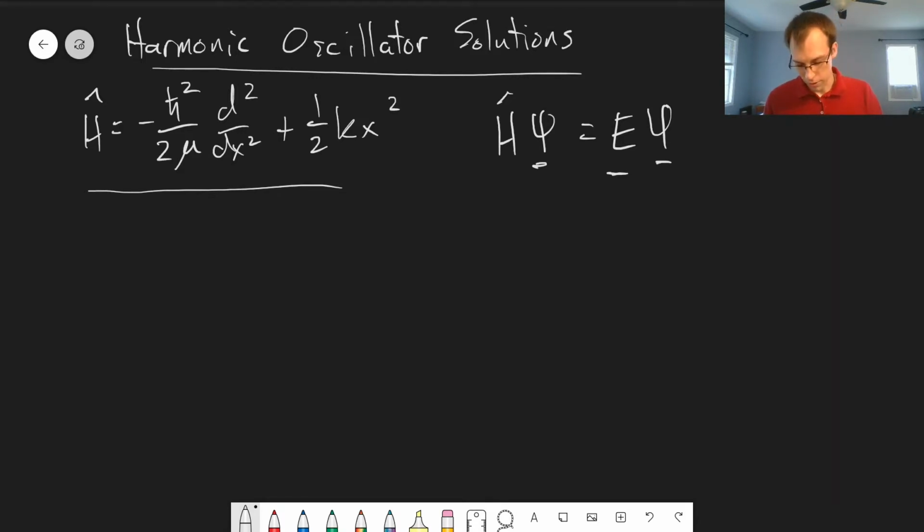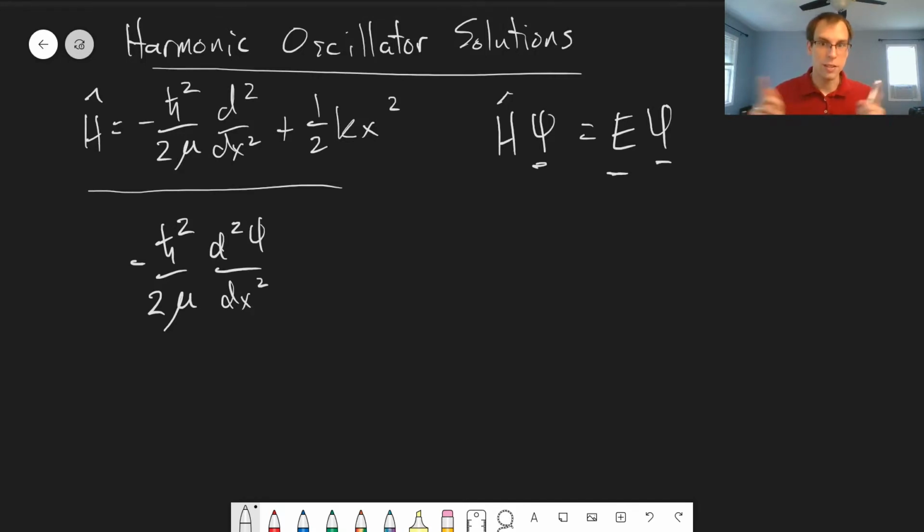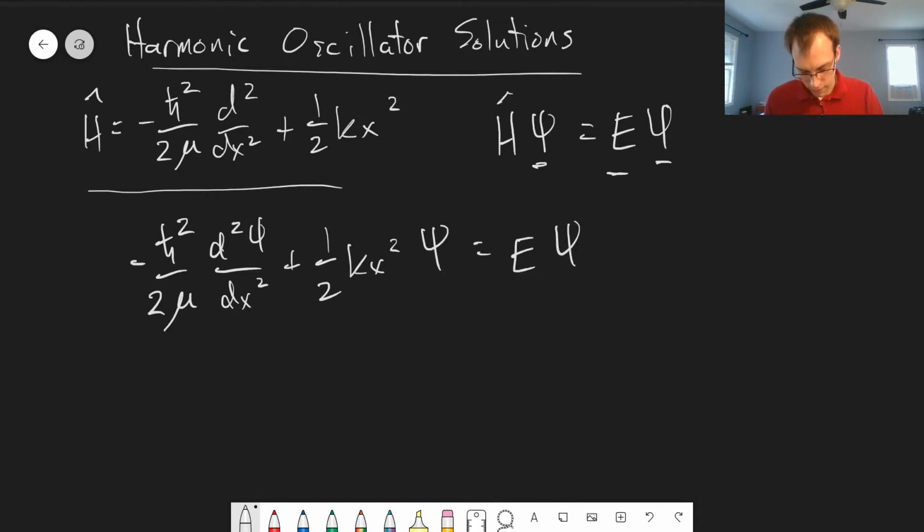Okay, so overall that's negative h bar squared over 2 times the reduced mass times the second derivative of the wave function with respect to x, being the relative displacement between our two masses, plus 1/2 kx squared times psi is equal to E psi. Now, I glance at this, and this is not something that's obvious to me how to solve, and I don't expect you to be able to solve this. I do want you to understand where this equation comes from, but in terms of solutions,